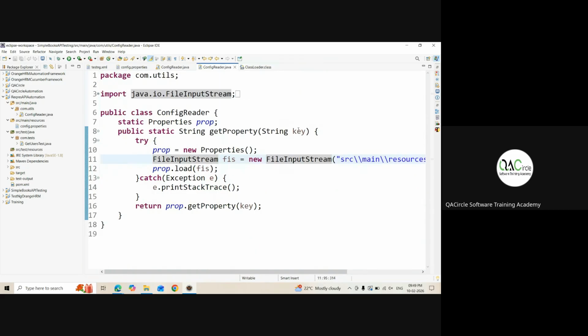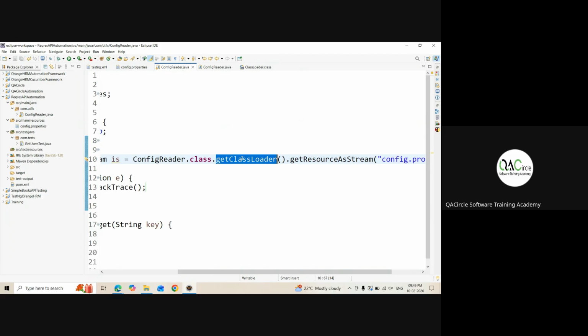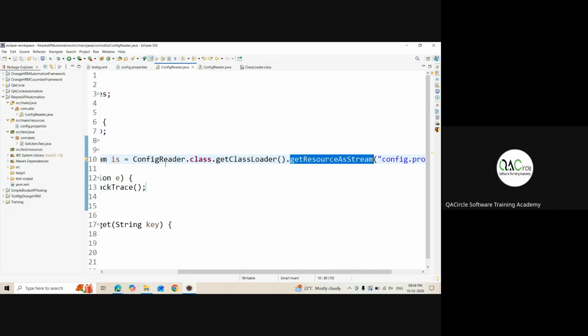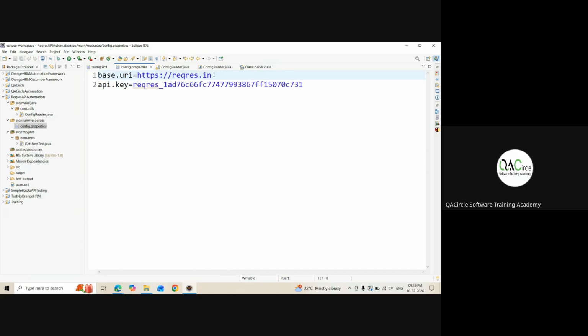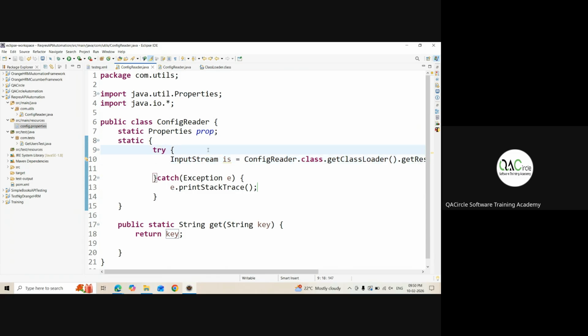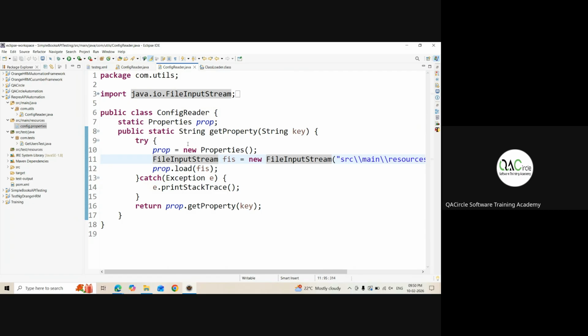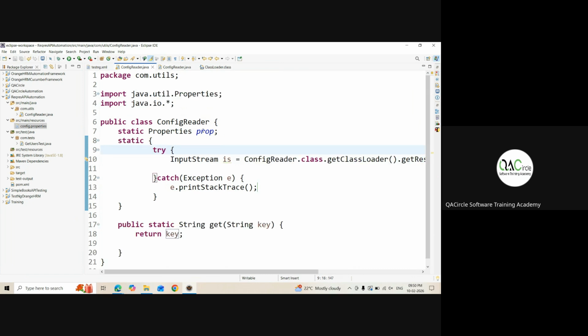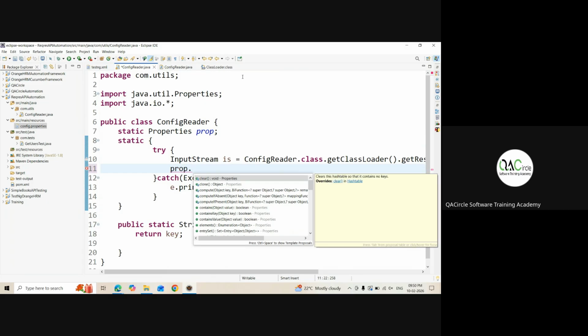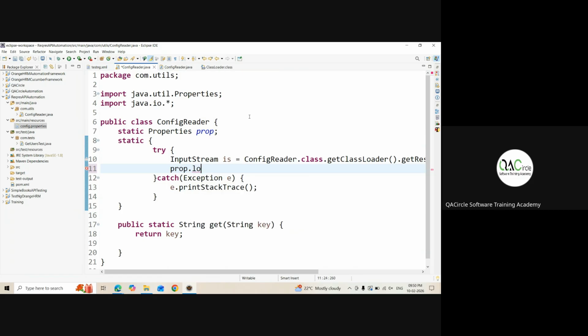Okay, if I go here, so getClassLoader, in that getResourceAsStream, I'm calling one of the methods. I'm giving config.properties so that config.properties will be read. So just having one more method. If you like this ConfigReader, use this, or if you like this, if it is easier, use that. Anything is your wish. Now, since I've created a prop as a reference variable, I'll just write here prop dot. If I put dot, let's see what all options it will show. I just have to use load because I want to load my